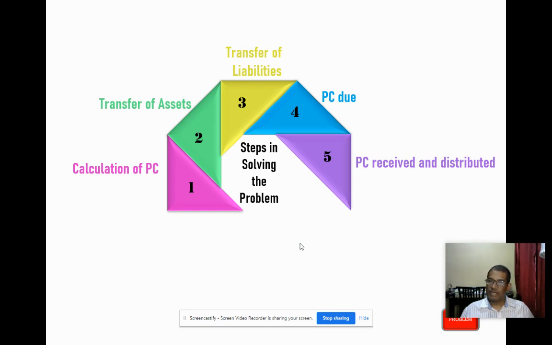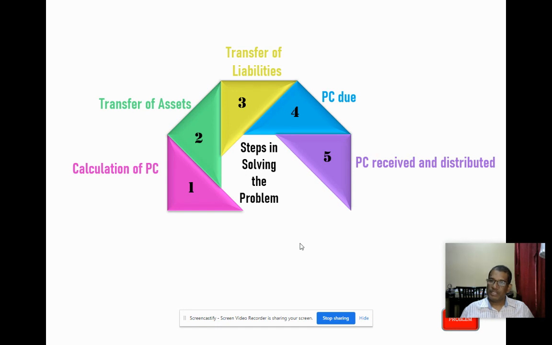We, as a vendor company, receive the amount of purchase consideration from the purchasing company in various forms. We can receive the amount in the form of equity shares, preference shares, debentures, or cash, or a combination of all these things. So when we receive the PC, equity shares, preference shares, debentures, or cash, all these assets come in and the purchasing company is the giver. So the entry is equity shares account debit, preference shares account debit, debentures account debit to purchasing company account.